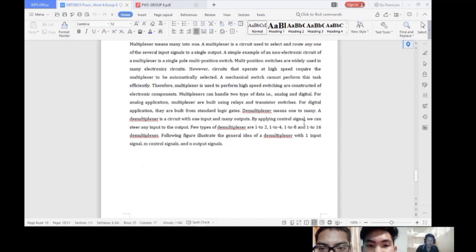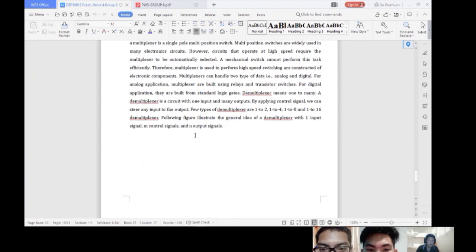By applying control signals, we can steer any input to the output. The few types of the demultiplexer are 1 to 2, 1 to 4, 1 to 8, and 1 to 16 demultiplexer. The following figure illustrates the general idea of our demultiplexer with one input signal, control signals, and n output signals.